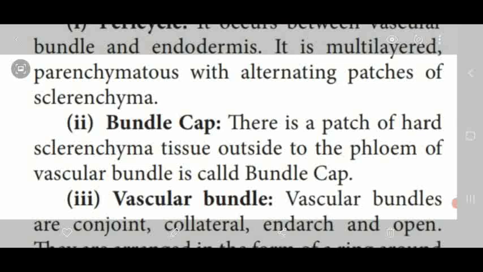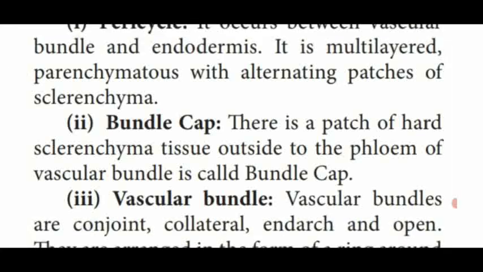Conjoined means xylem and phloem are arranged in the same radius, separated by cambium, that is collateral and open. Collateral means the phloem is facing the outer surface. So in this type of vascular bundle in the dicot stem, some patches of sclerenchyma cells are present outer to